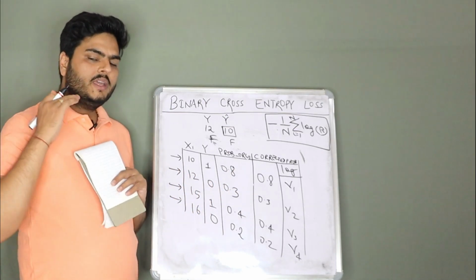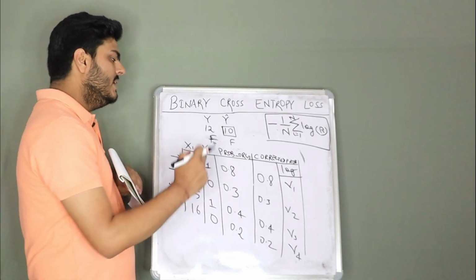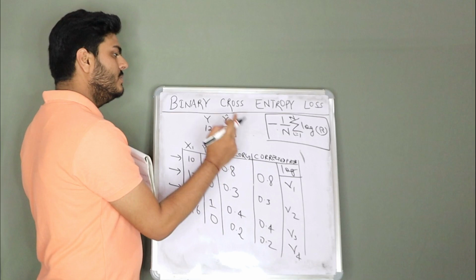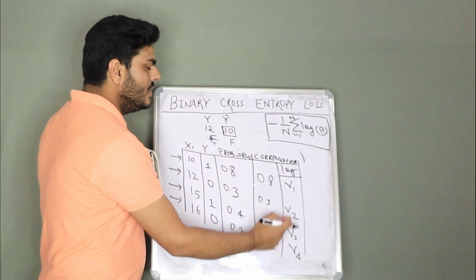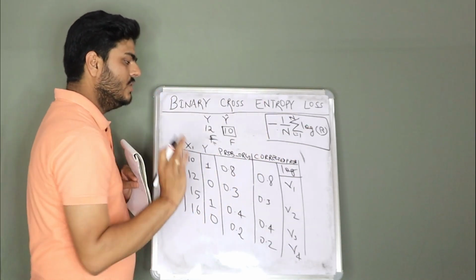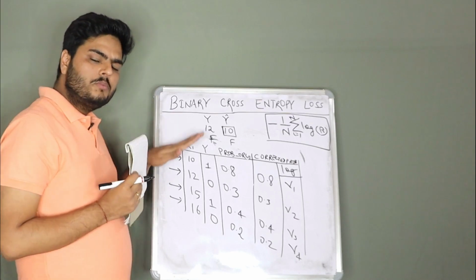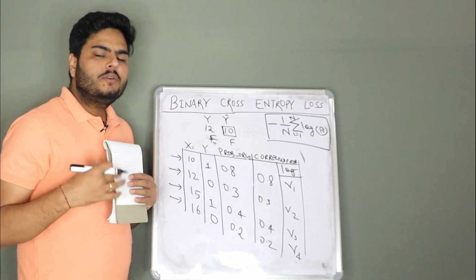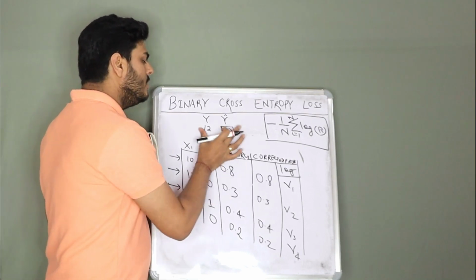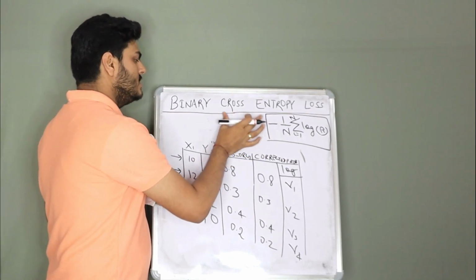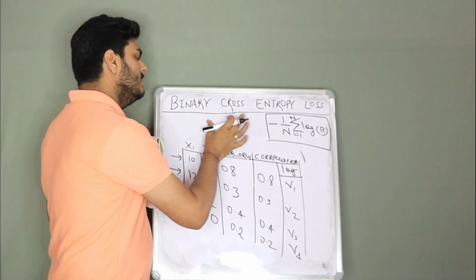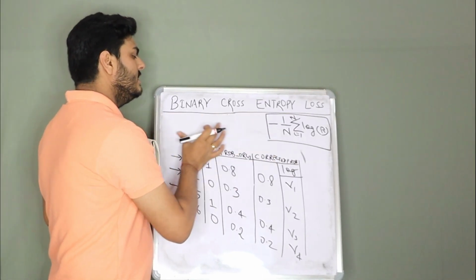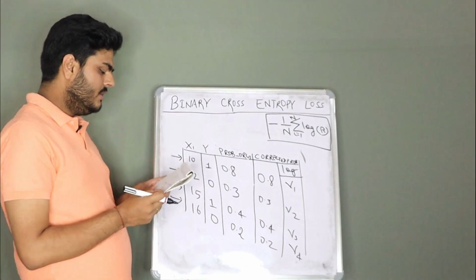Okay, so I have introduced the concept of actual probability and corrected probability. I have taken a log and then I have added all those logs. Now this is stepwise how I showed you binary cross entropy is computed. If you want to see the original formula of what we call log loss or binary cross entropy, I'll write it here and you can just correlate with this.